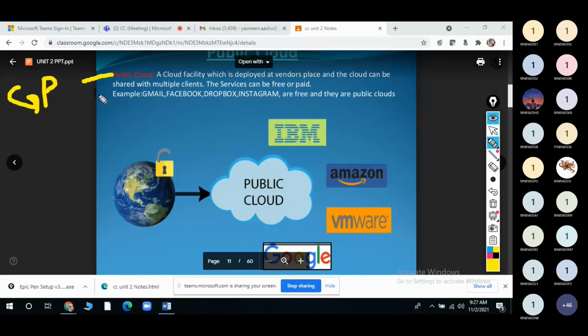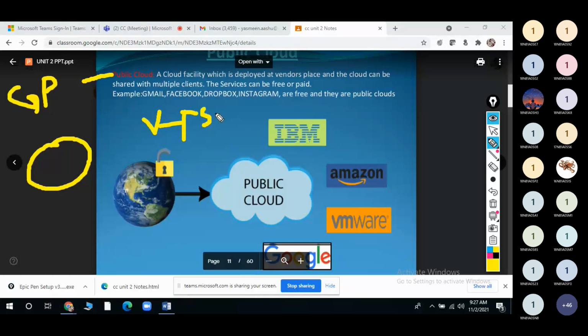So what will be the definition here? The general public using all the cloud services is known as the public cloud. It means this cloud facility is deployed at the vendors. Vendor means who? Service providers.